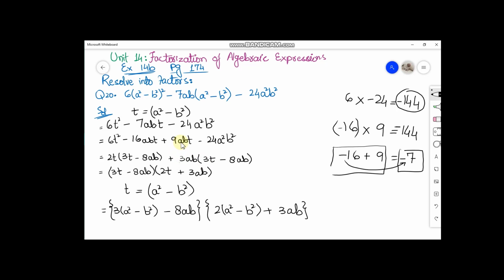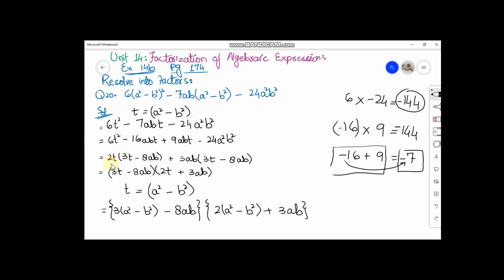Now coming towards the variable, I have ab with power 1 in this term and ab with power 2 in this term. So it means ab power 1 is common. So I have taken this power common. Now 3 3s are 9, ab is common, t will be remaining, plus minus minus, then 3 8s are 24, a power 1 b power 1 is common, and a power 1 b power 1 is remaining.